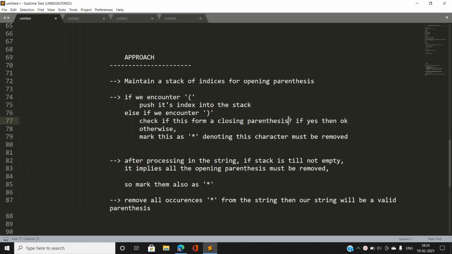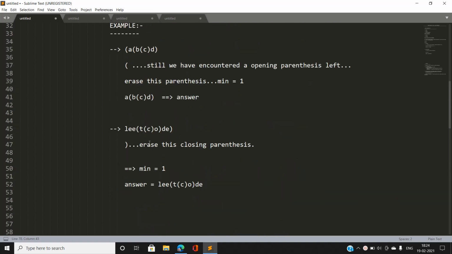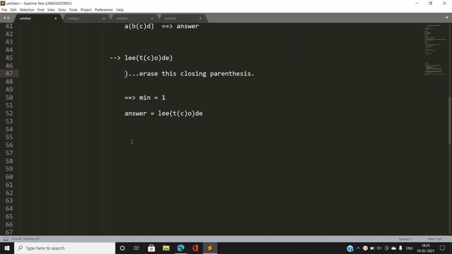If yes, then I am going to pop the top element from the stack, denoting that there is a valid pair of parentheses. Otherwise, suppose we have encountered a closing parenthesis but we don't have an opening parenthesis, so this will not give a valid pair.